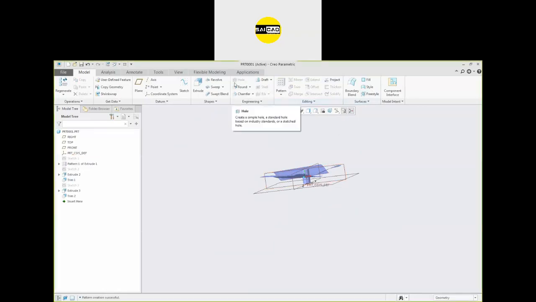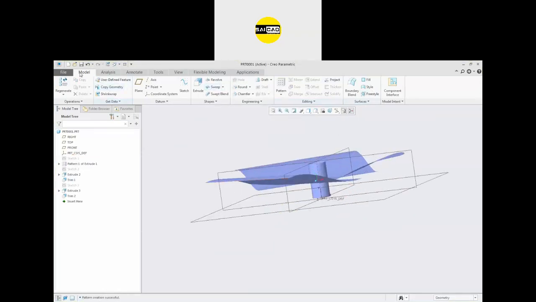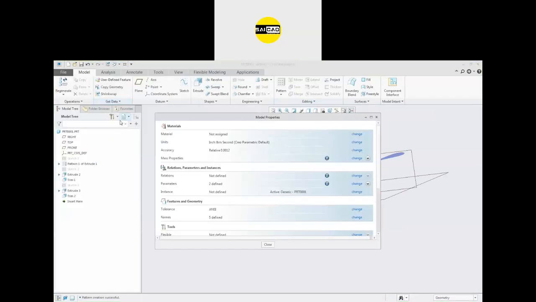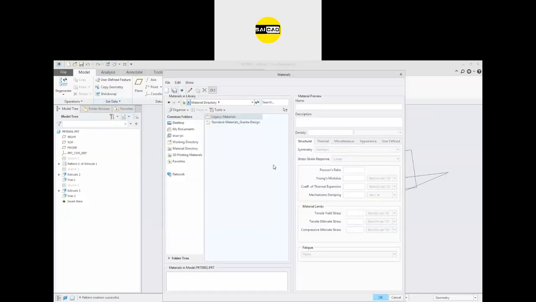We can also apply the material. The material will be applied directly from the file and the prepare and the model property. And here we have the material not assigned. Go to the change and select the material you need. Okay. We have to define the material from here.